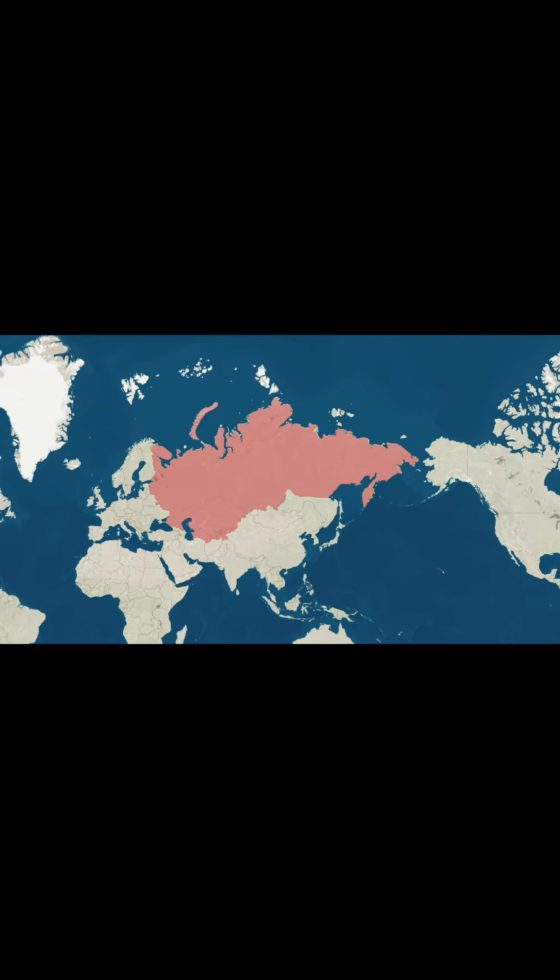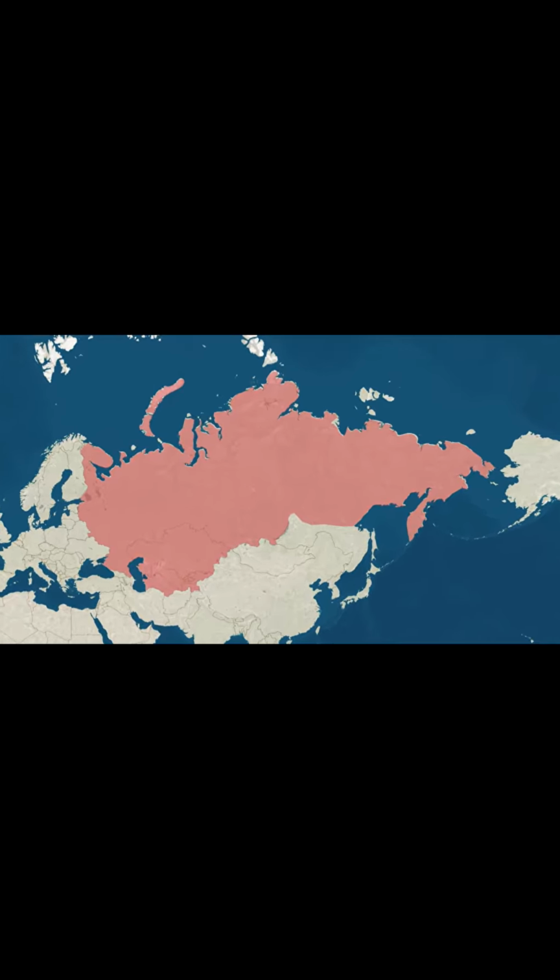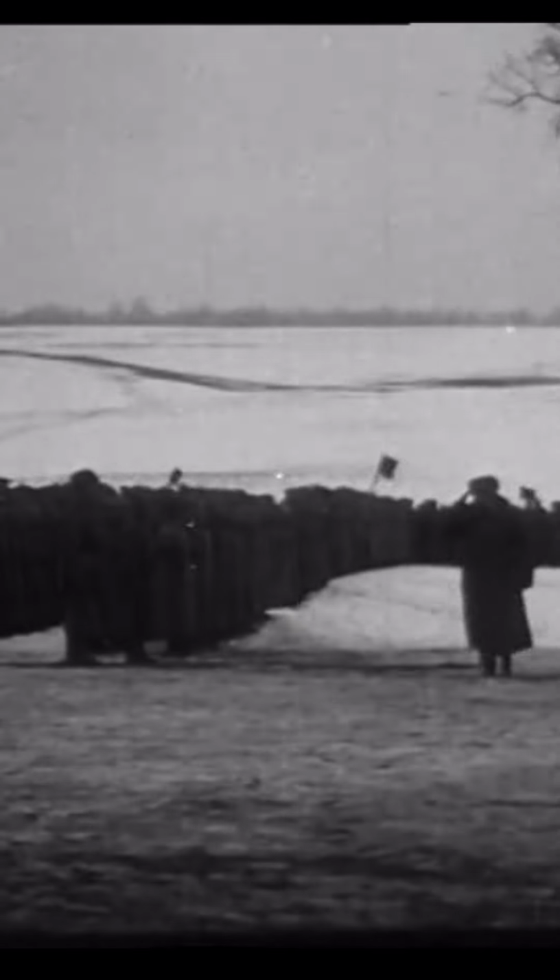It was printed during the Russian Civil War, a brutal conflict that followed the 1917 revolution. After the Bolsheviks took power, rival groups, known as the Whites, fought to restore order and resist communist rule. One of these white governments, based in the city of Omsk in Siberia, arranged to have these notes printed in